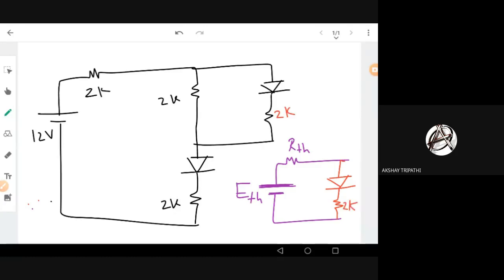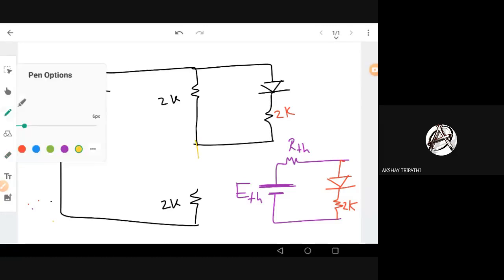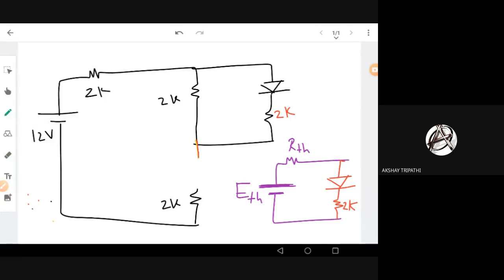Okay, so this is what we are trying to do. But now the question is, what will I do with this diode while finding the equivalent circuit with Thevenin? The only thing I want to tell you is that in all practical purposes, in all competitive exams, you can replace it with a diode equivalent voltage source model. For silicon, it is plus 0.7 volts. Germanium is plus 0.3. Now you can easily find the Thevenin voltage source across these two nodes, say A and B.